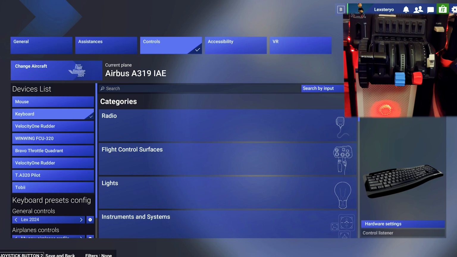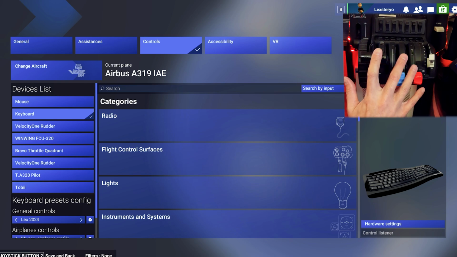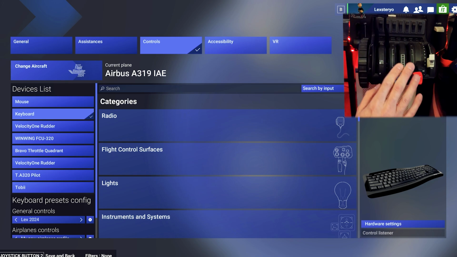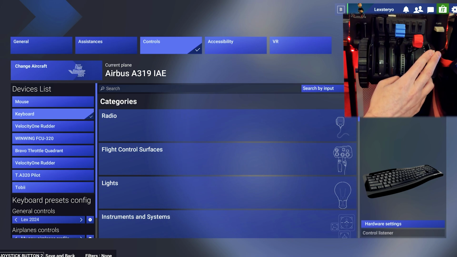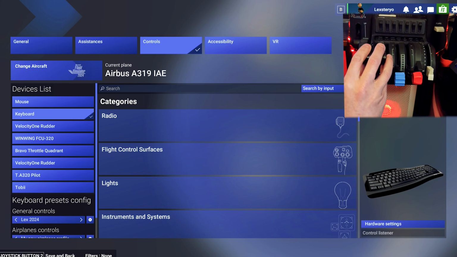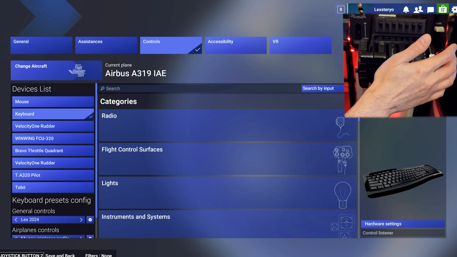As a preface, a lot of this setup is going to be based on the original default setup that comes included with Microsoft Flight Sim 2024 by default, and the changes are all going to be just the quadrants themselves. So for my setup, I have axis here for throttle. I have my prop, and I have my conditioner here. The last one is my spoiler. I have everything down in the detent position to start off with, with the exception of my throttle and the